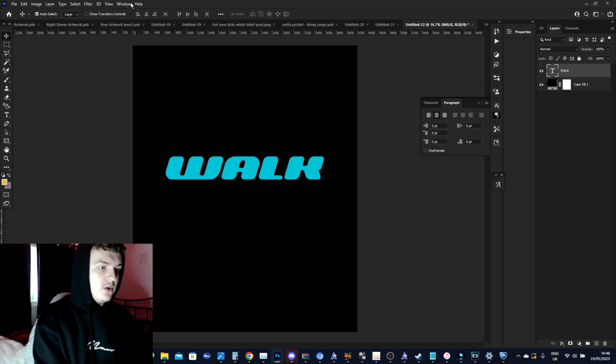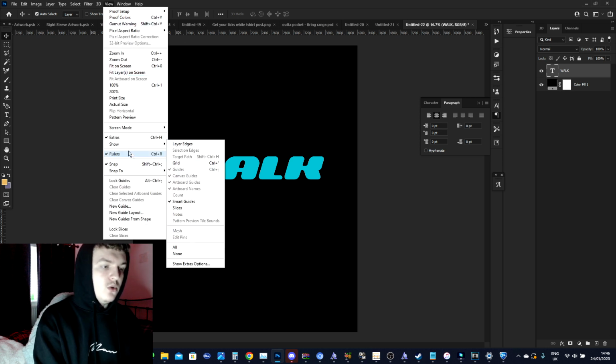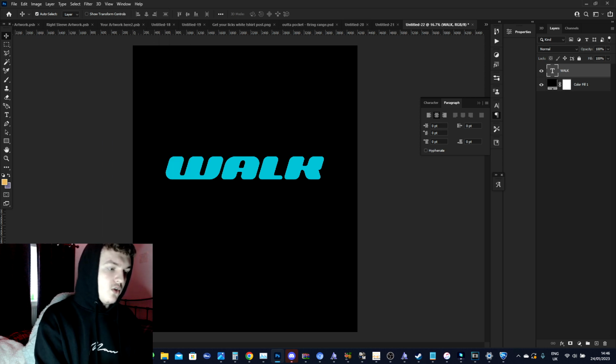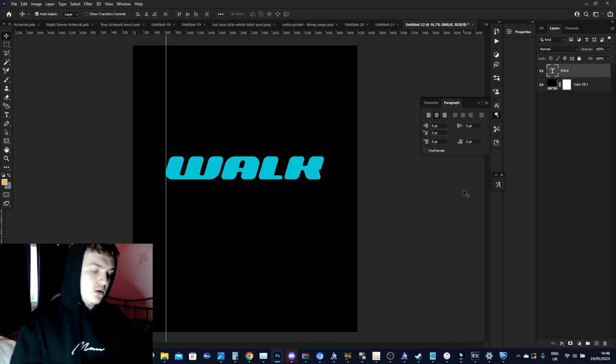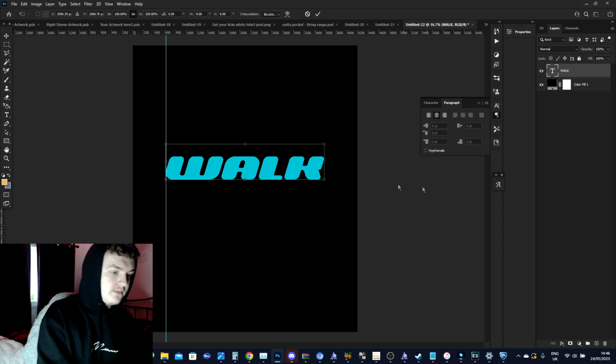So what we're going to do is, if you go into view and you have the ruler selected, we're just going to click on the left side and it brings up this little ruler. We're just going to place it to the edge of our font essentially. We're going to click Control T again, hold Control on your keyboard, and then we're just going to carefully bring this